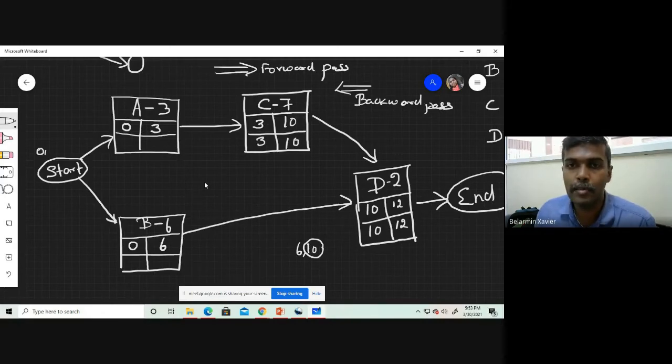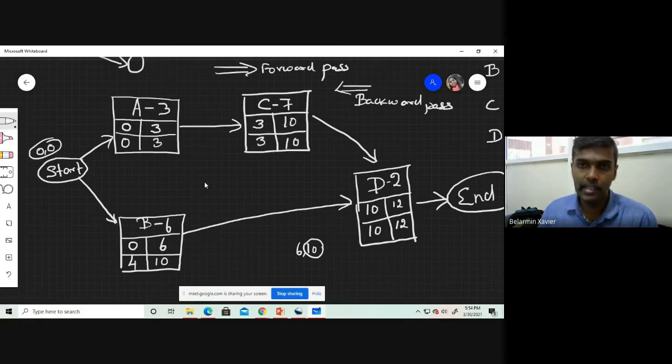How late can you complete activity A? Again 3. 3 minus 0, 0. When you come to activity B, how late can you complete activity B? It is 10, right? So how late can you start? 10 minus 6, 4. Finally you will end up with 0 at the start. Clear?